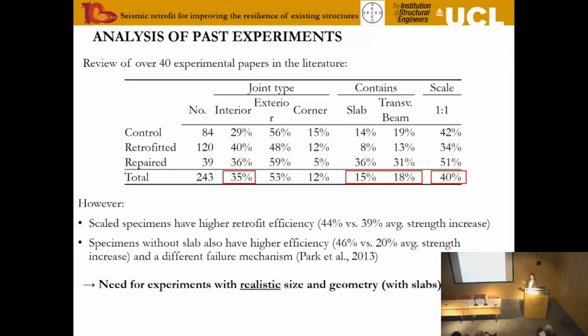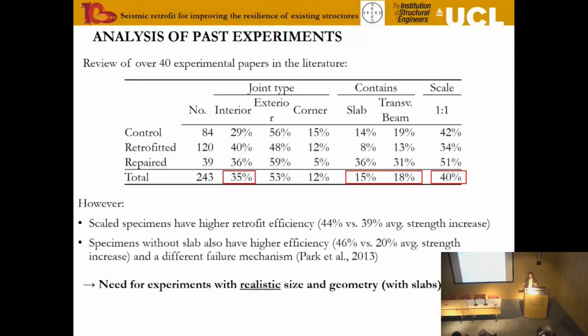And another thing that is quite scary is that a lot of the specimens tested are at a reduced scale. What that does is it shows a much higher retrofit efficiency. If you wrap a column which is at a reduced scale, the efficiency of the wrap on that column is much greater than if it's at a larger scale, because you're not scaling down the wrap material itself. It's quite difficult to do. Without the slab, we also see that there's a higher efficiency from the literature, and that's quite scary. It seems to be over a 20% difference in terms of strength if you include the slab or not in terms of efficiency.